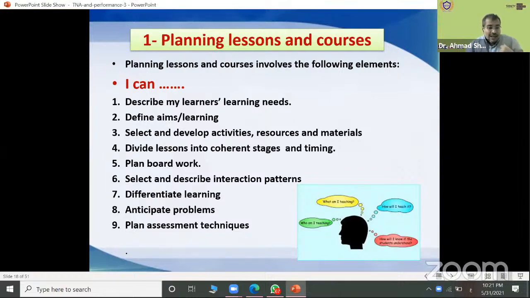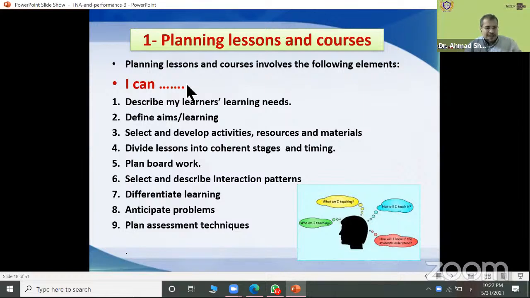Differentiate learning. Can I differentiate learning to meet all different learning styles? Anticipate problems. Can I predict what problems I may meet in the future or when presenting the lesson? So I need to prepare solutions, prepare different techniques for some low achievers, for example.